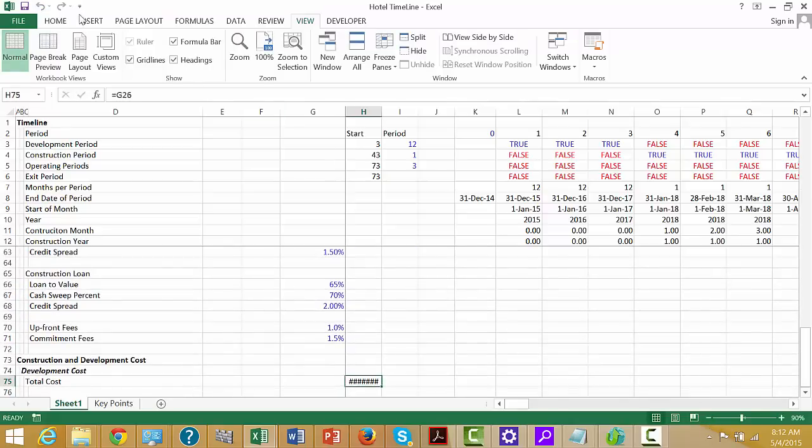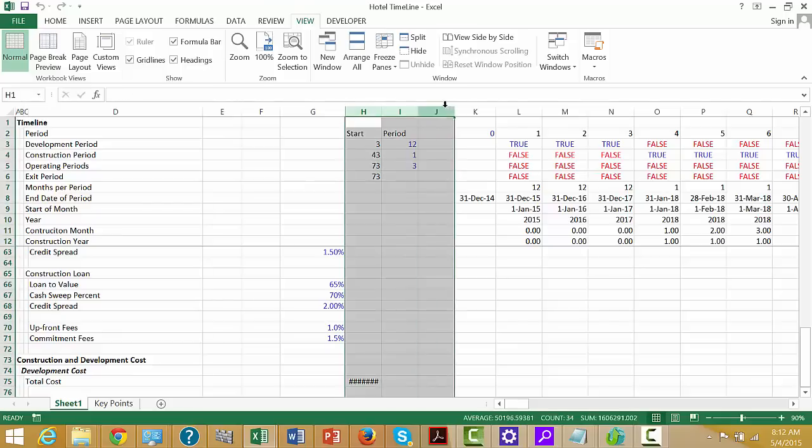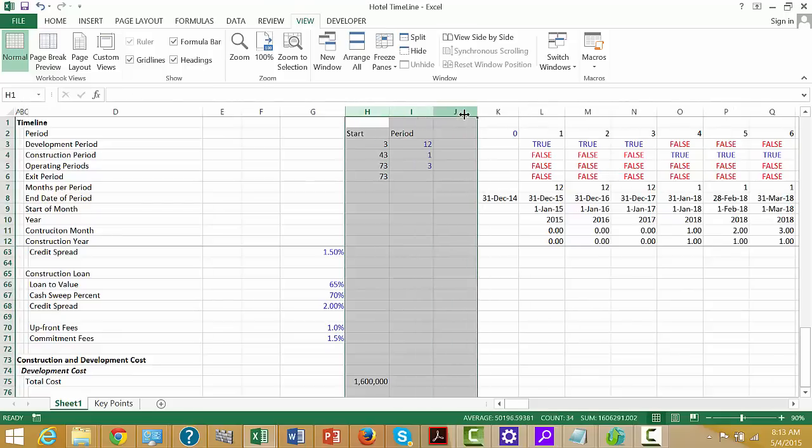Oh, come on. I guess I have to make it a little bit wider. Okay, and then we also, maybe I'll put,